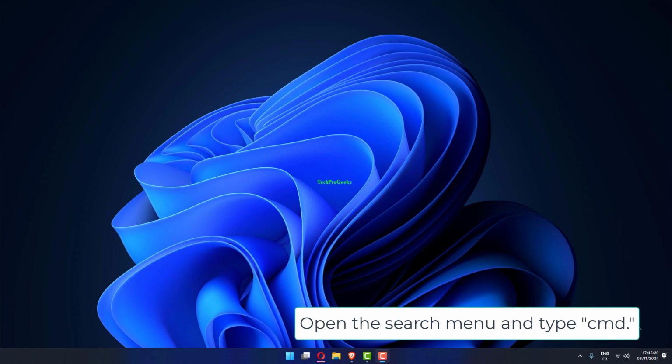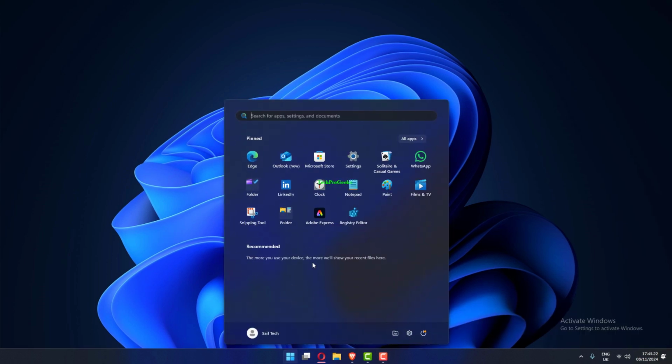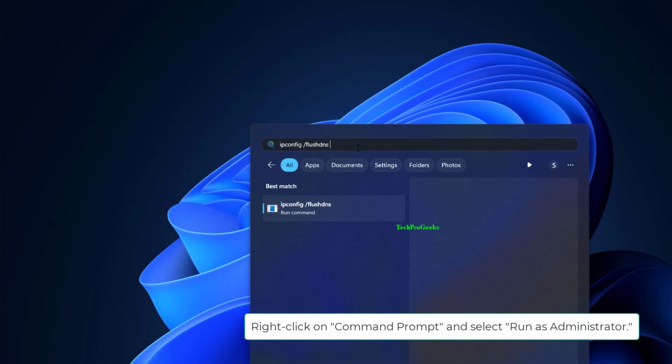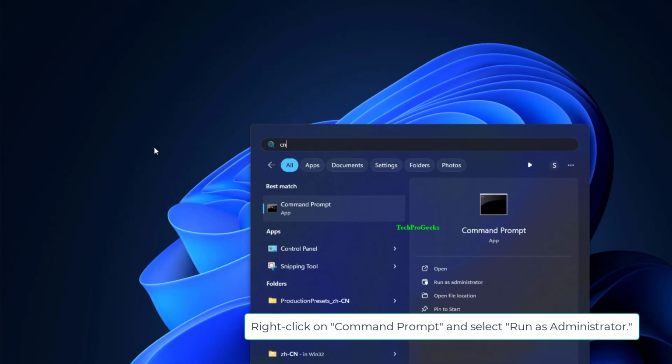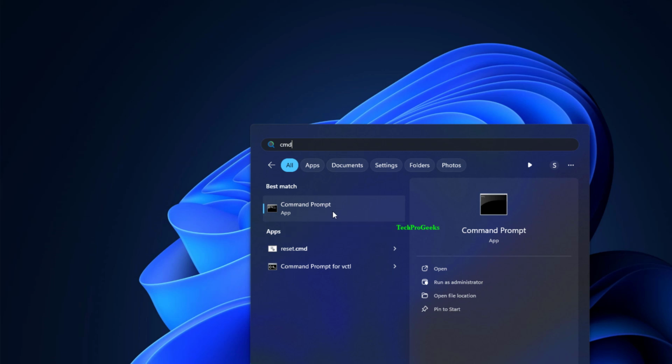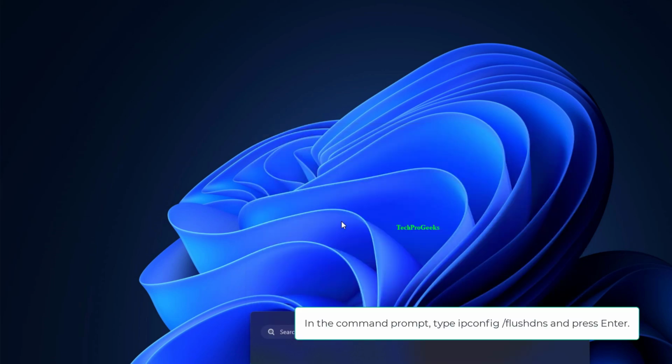Open the search menu and type CMD. Right-click on Command Prompt and select Run as Administrator. In the command prompt, type